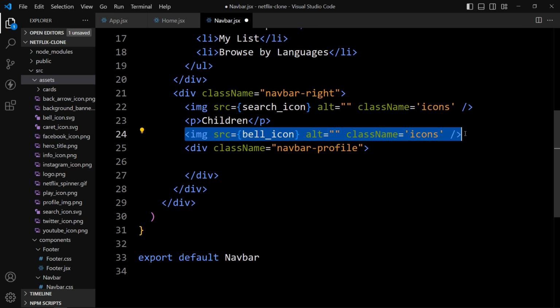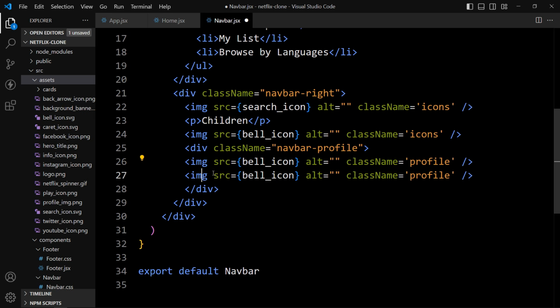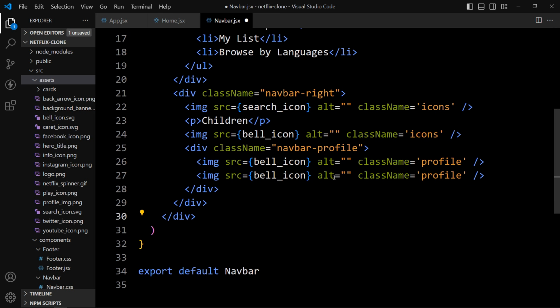So let's copy this and paste it here, and here we'll change the class name, it will be profile, and we'll add the drop down icon also. So let's duplicate this img tag, and here we'll remove this class name.